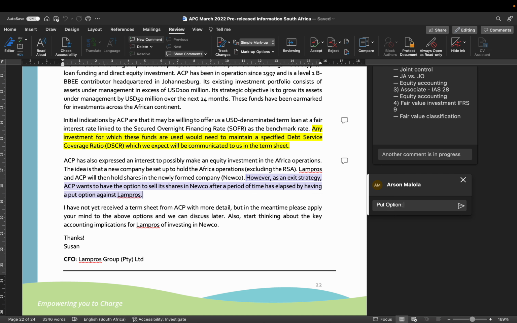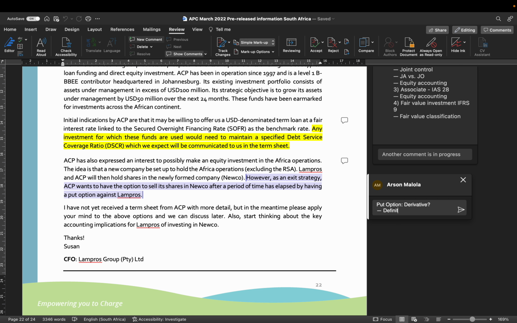I'm hoping that as soon as you see a put option, the first thing that comes to mind is whether or not this thing is a derivative instrument. Options are synonymous to derivative instruments from an accounting perspective. It's not to say that all options are always going to be derivatives, but it's important to always have that association. When you say a forward contract, a put option, a call option, typically those could meet the definition of a derivative in IFRS 9.